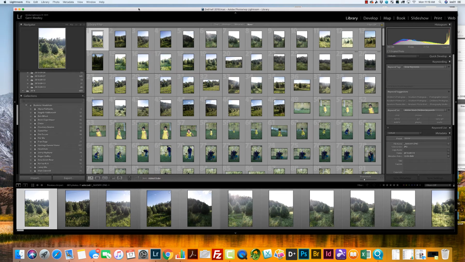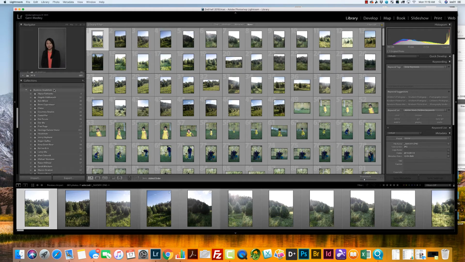Alright guys, in our next step I'm going to explain a little bit about how I file my pictures in Lightroom. So when we come over to the side, you can make a collection set. Say for example, if you do a lot of business headshots, you might have business headshots be your collection set. You're going to click on the plus sign here and you're going to click on create collection set,